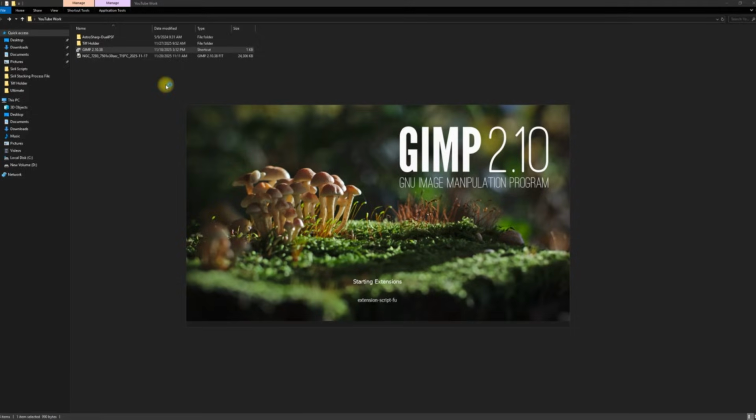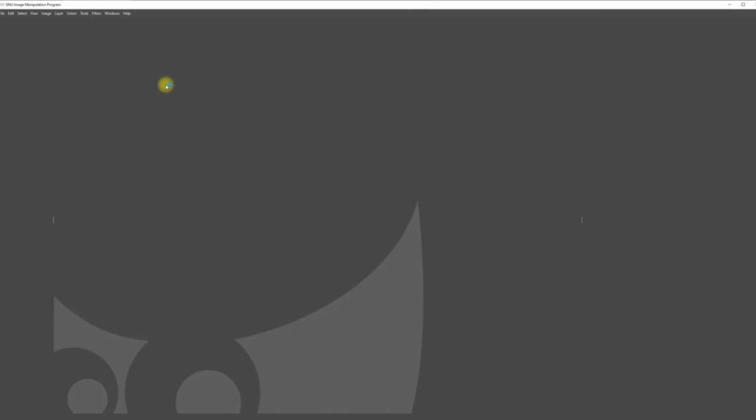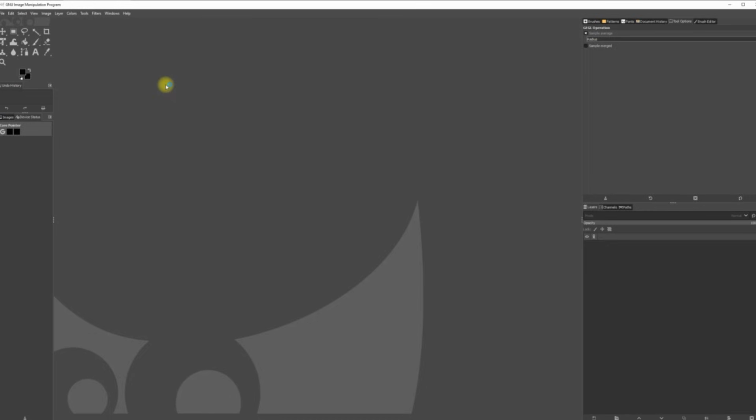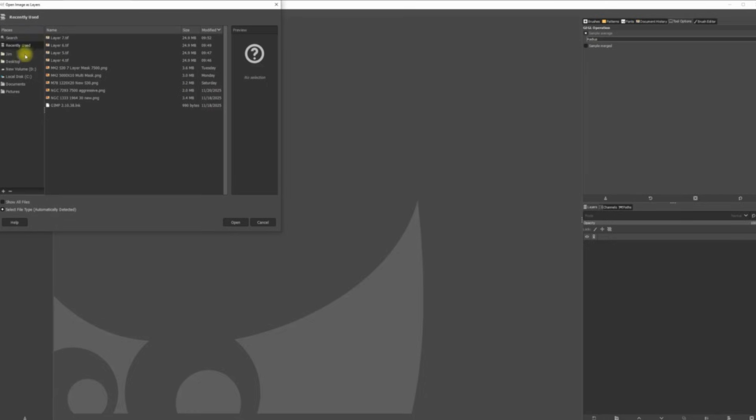Now this process is very simple, but you have to really be a little bit methodical with it because it's so easy to skip a step. I still catch myself doing it and then I have to backtrack. There's nothing hard about it, but you have to follow each step in order to make it work. So we have GIMP open here. What we're going to do is select File, and select Open as Layers, and we're going to go to Desktop,